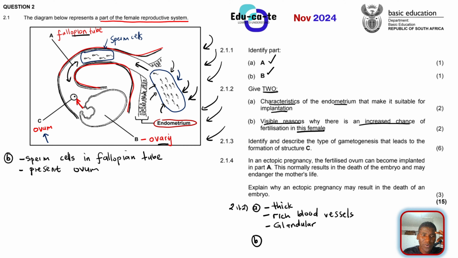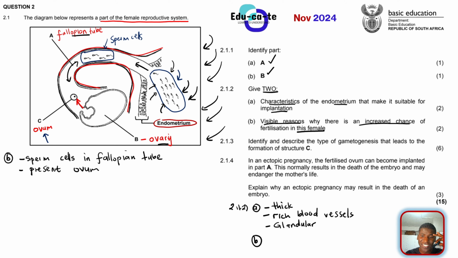And you can see from this arrow that this ovum is coming from the ovary. This ovum is being released by the ovary. The process whereby the ovum is being released by the ovary is known as ovulation. So you can say that ovulation is taking place because you are seeing the arrow suggesting that the ovum is coming out. It is getting out of the ovaries so that it can meet the sperm cells and probably get fertilized there. So that actually increases the chances.